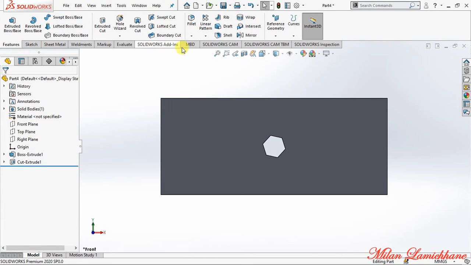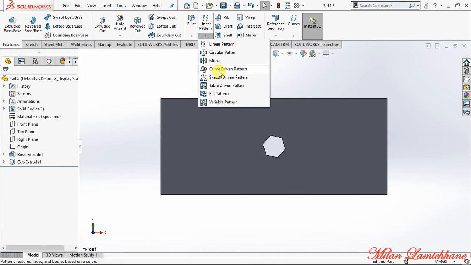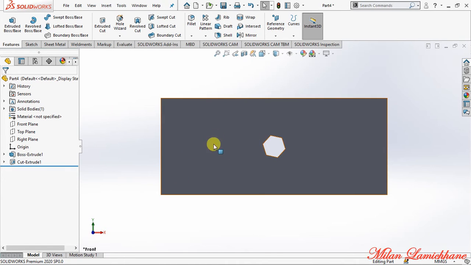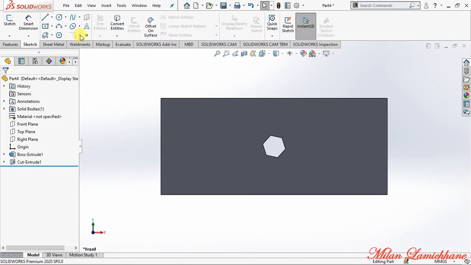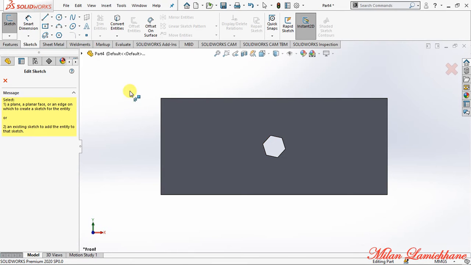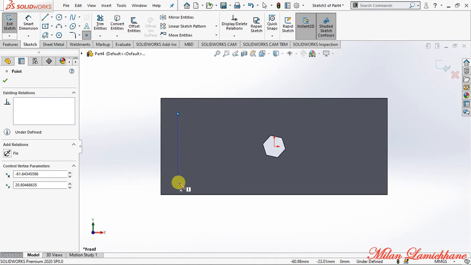Now in the curve driven pattern we made a curve. In the sketch driven pattern we need to specify the points where we need to put this pattern, or we need to put this hexagon. So first of all, go to sketch, create, and select the point. Make a point where you need this pattern, like this,